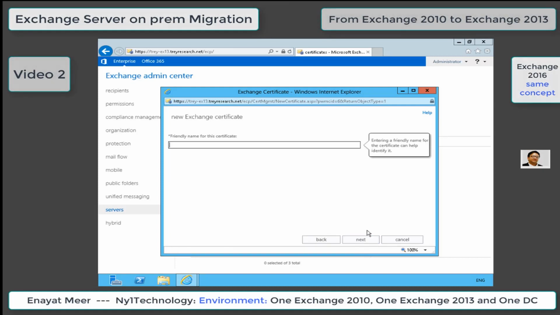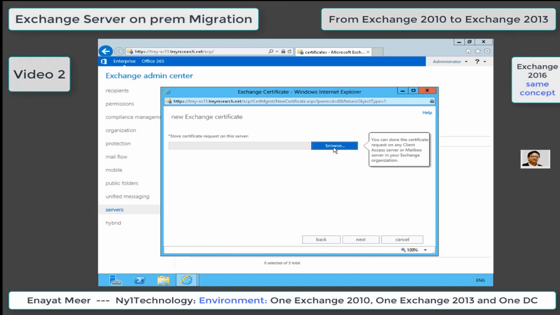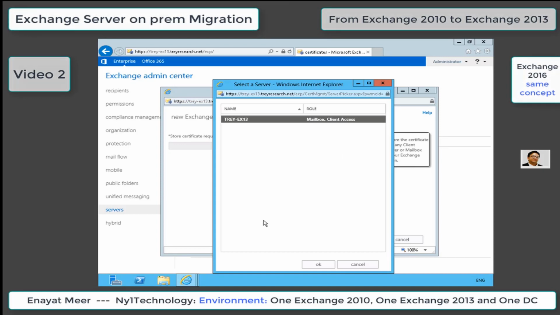You click on next. Friendly name, you can set up any friendly name which is easy. So here we are setting up mail.trayresearch.net. At this point you will leave the default options here and click on next. So where do you want to save this certificate request? So you can browse and save it to tray-ex13 server,